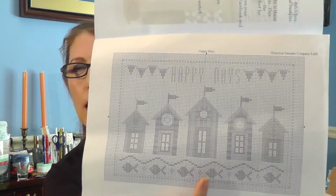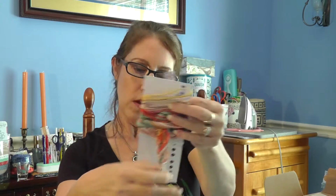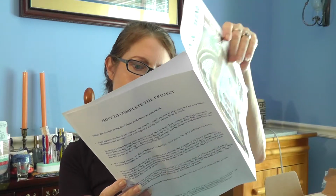So here's the pattern inside. I meant to show you that as well. And they include the thread and your needle. For this, it's probably going to be 2 strands of thread. Yeah, you use 2 strands of each thread color to do this. And if I got serious and did this every day, I bet I can finish this in a few weeks. This is what I like to do when I watch TV. So that's the whole box, but I want to show you what I received in my last one,